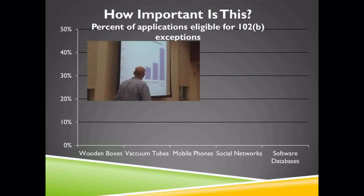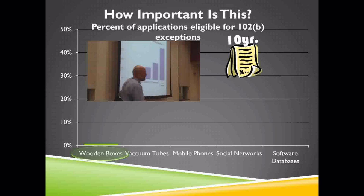Right? So if you're inventing a new type of wooden box, you really don't have to worry too much about this law because you're going to get 10-year-old art cited against you. And whether or not the exceptions apply